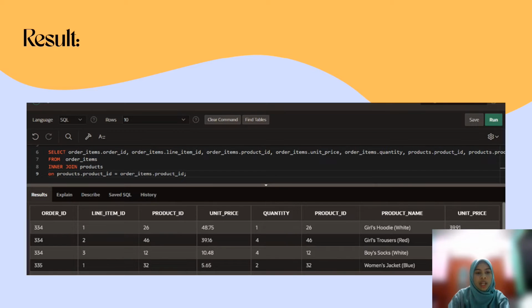The result shows the order ID, line item ID, product ID, unit price, quantity, product ID, product name,